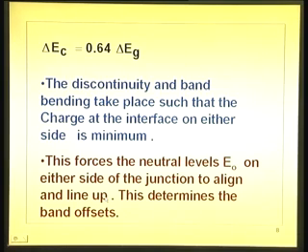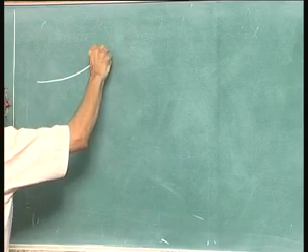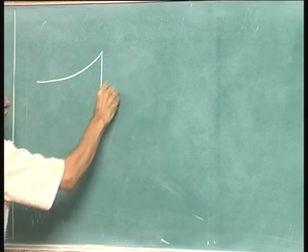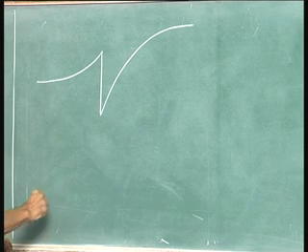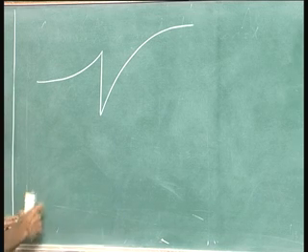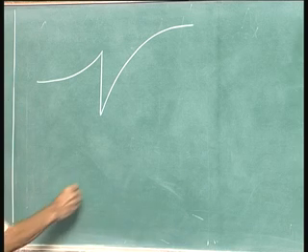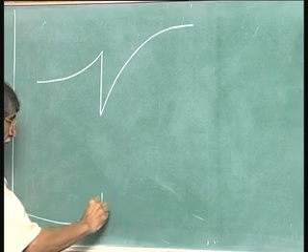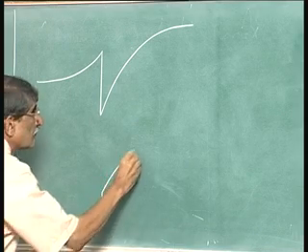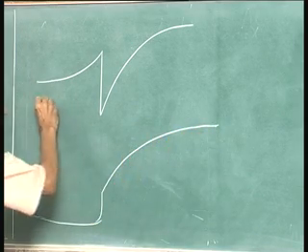What we are telling is that this delta Ec and this band bending have to do with this Fermi level aligning. When that happens, apart from the Fermi level aligning, the potential and the delta Ec together are such that this particular level, E naught, the neutral level, just watch very carefully,